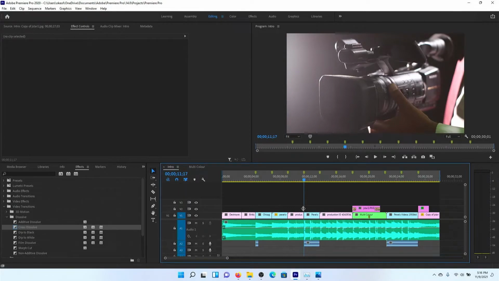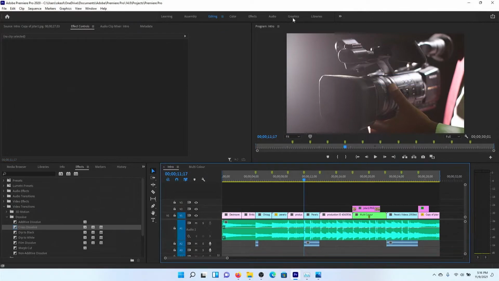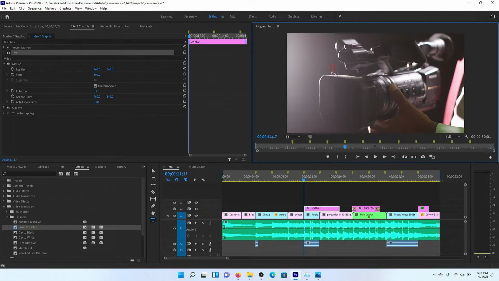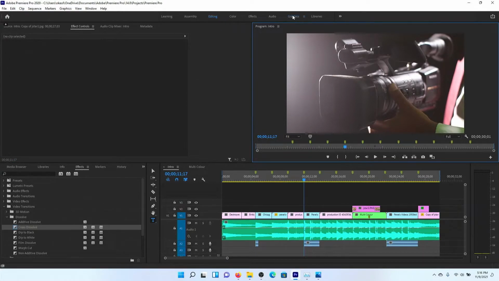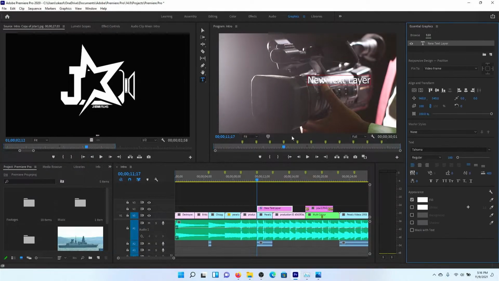So this is what I want to do. So I hit Ctrl T, or I come here and click on text, then just tap somewhere on the screen, or I go to graphics, come to edit, and I click on this text. So you have those three methods. At least you have those methods of doing that. So the next step is,